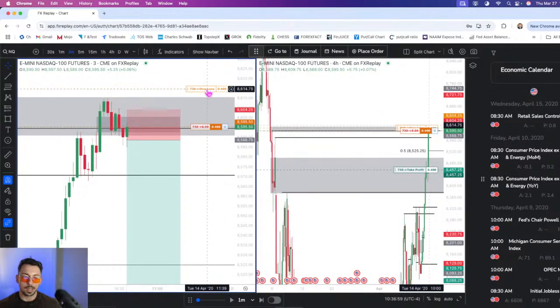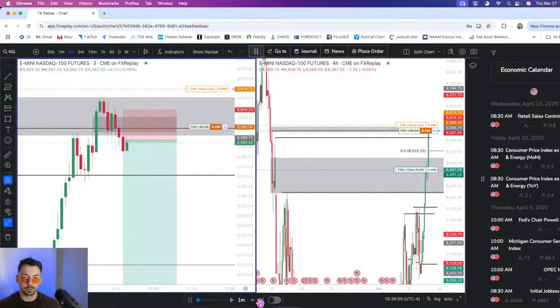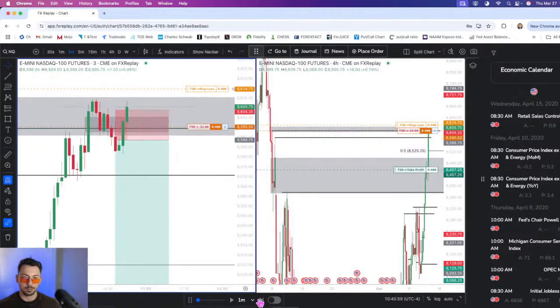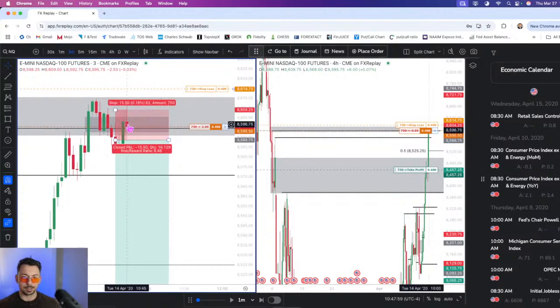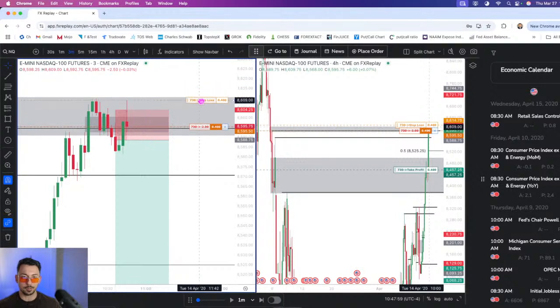Okay, I'm going to move my stop just a little bit higher in case the 3-minute wicks. And let's go ahead and see what happens. Beautiful. So guys, if you're risk averse here, I would actually move my stop once this low gets hit, but I think it's going to go much lower. Ooh. Okay, it wicked. So no close above. This is where I'm going to move my stop loss to break even now.